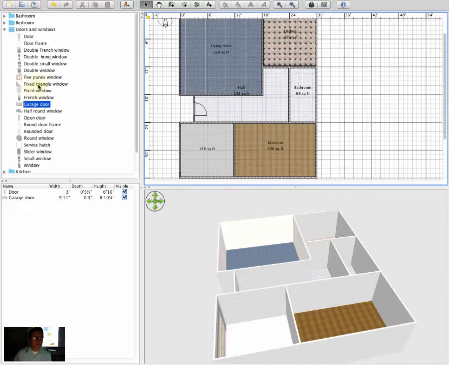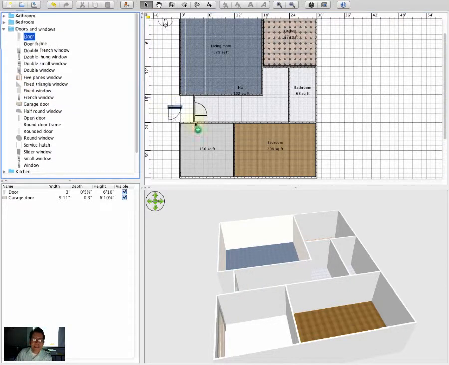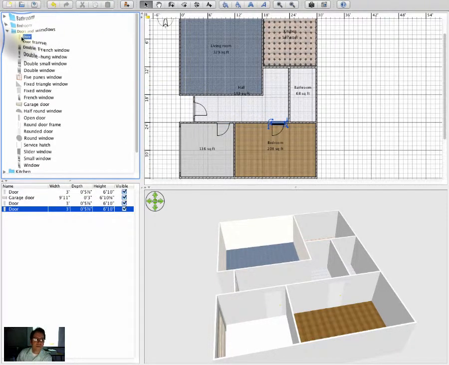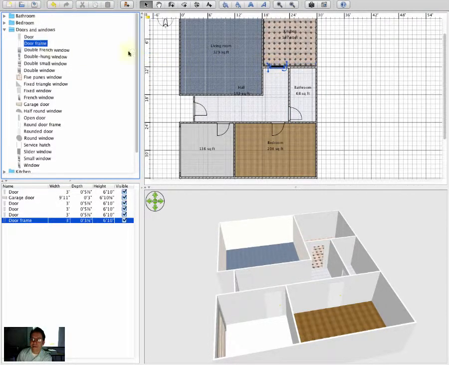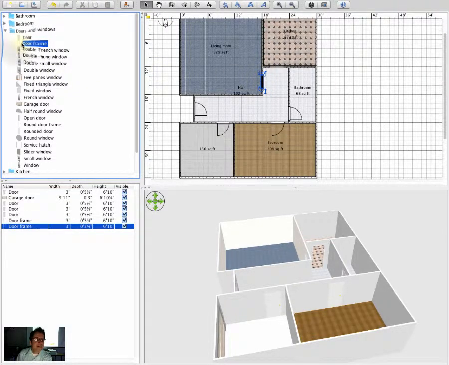All right, so now I'm going to throw in some doors inside. So I'll have a door going into my garage, a door going into my bedroom, bathroom, and then I'm going to do a door frame, which is just kind of an open door. I'll place that in my kitchen, and I'll place one here, and then I'm going to place another one here,